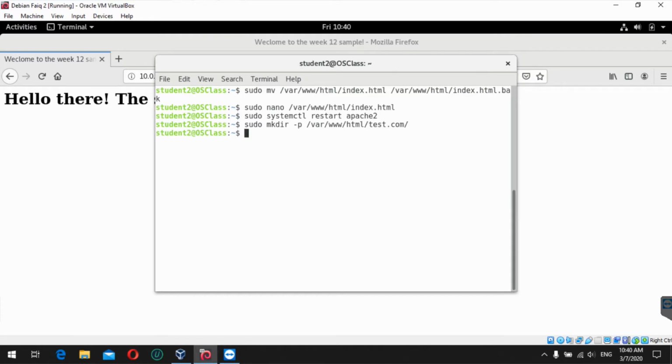Now give the permission to the directory using the user variable. So for example, we do this, and then we need to assign the necessary permission for the directory of the domain. So we do,